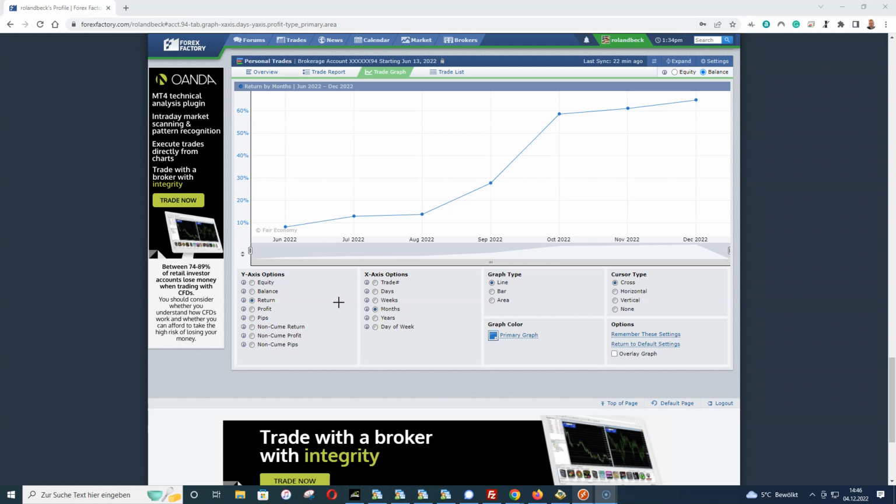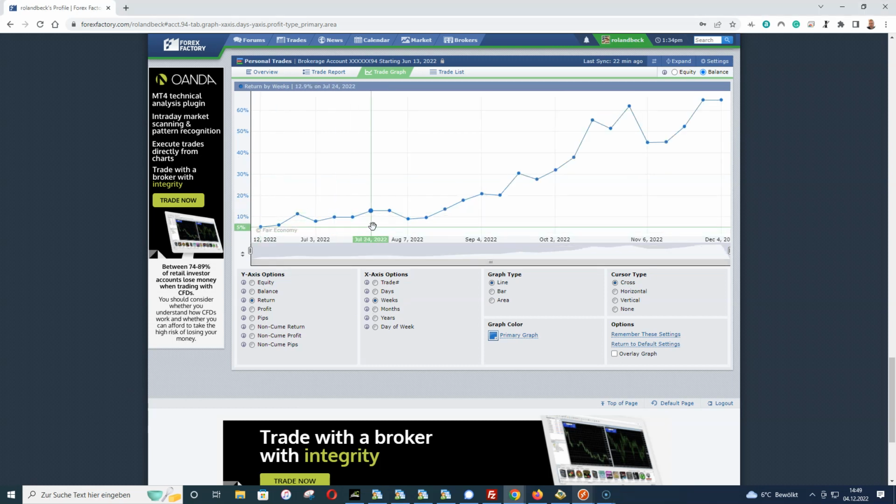And if you make manual trades, then it should look like this. For example, I will switch now to the weekly view. At the moment every point is 1 month in development, and I switch now to the view where we can see week by week. So every point now is a week, and you can see if we watch it week by week, it's the same at the beginning, where I had only 2 micro lots per trade. It's a little bit flat,